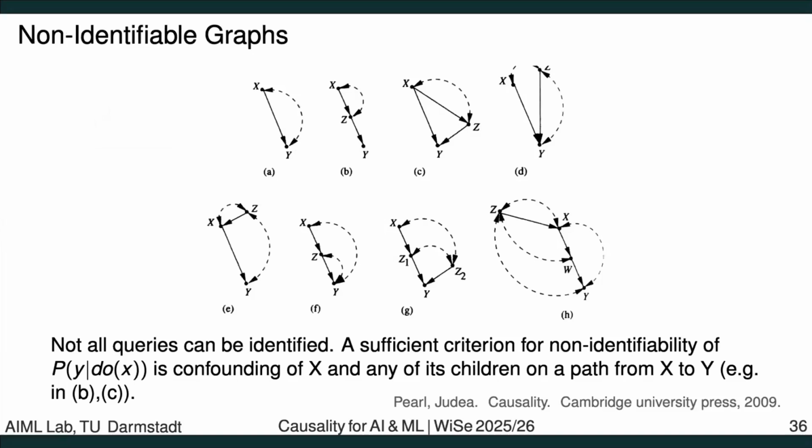So then as a last part, we now saw a lot of graphs which are identifiable, but there are also a lot of cases where graphs are not identifiable, and this is really taken from the book Causality. Some cases that are not identifiable are, for example, if we have on a path from x to y some confounding directly from x to any of its children, there's sadly no way of